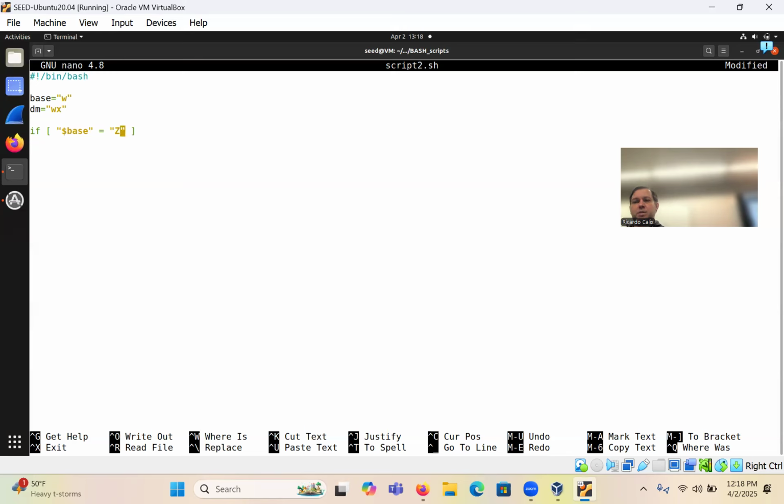But I'm saying if base equals Z, and then two ampersands, and then another one here, square brackets. Notice the spacing, double quotes, dollar sign, dm, the other variable. Notice you reference it with the dollar sign, dm. Okay, and then you're going to say equal, and then another value such as x, which is also going to evaluate false. All right. Then you're going to notice I'm leaving two spaces here, which might give me an error. So I want to be careful with that. Just leave one space. All right.